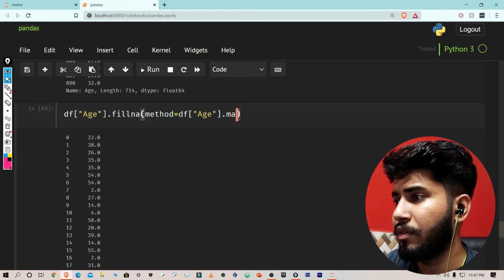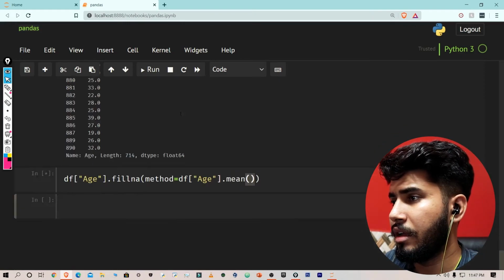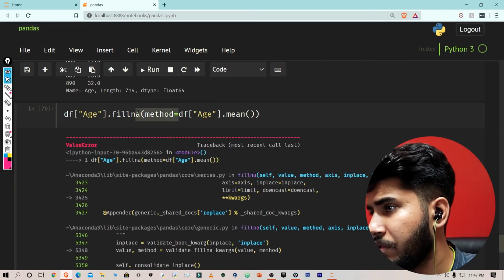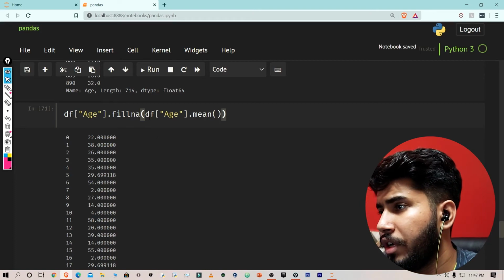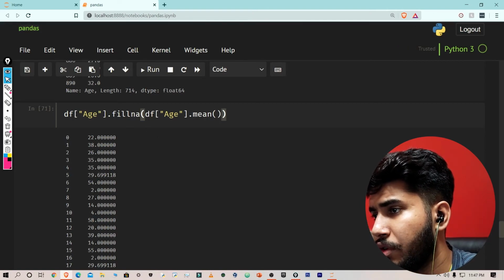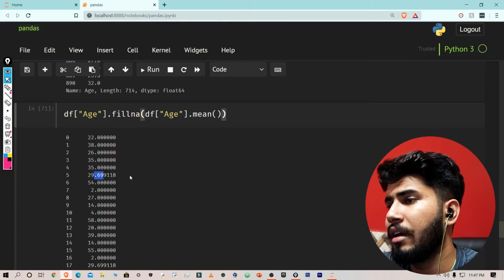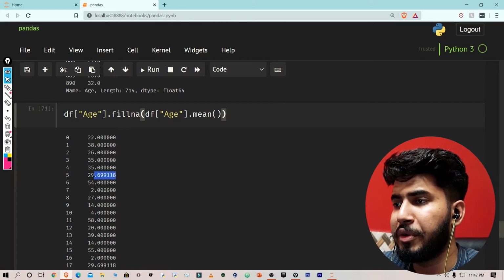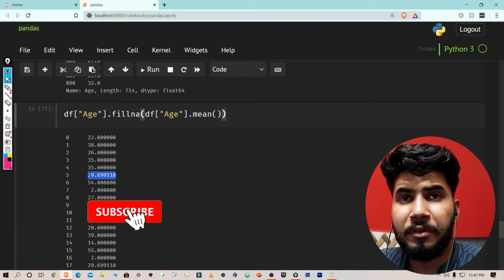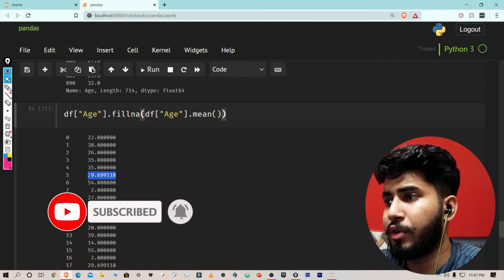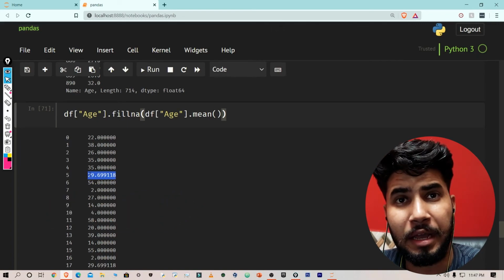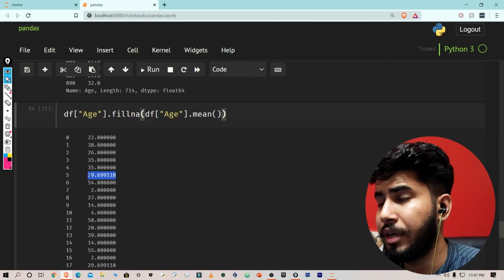So you can take a mean like this, mean. Okay, so it is showing some error. Yeah, here you did not need to do that. So here you can see the age is 29.6. You can also convert it to an integer so it doesn't have any decimal places. But this is the preferred way that I prefer to do it.